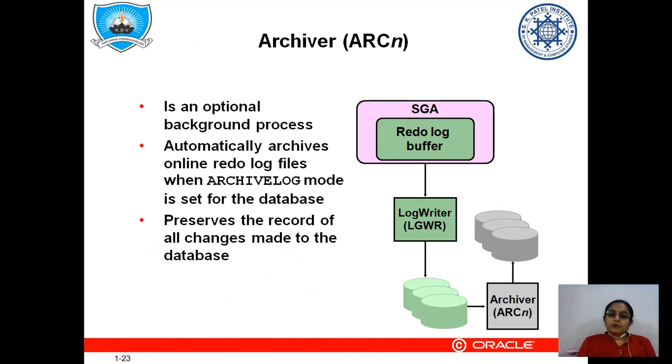As I said, whenever archival log mode is on, the archiver process is activated, and it writes log writer data to other archive log files. So it reads data from the redo log and stores it at another place as well. The reason is that the redo log is going to be overwritten after some period of time. So if we want to keep data for a longer, persistent period of time, we have to keep our database in archive log mode, so that the archiver process can write data to separate files, and database recovery is possible to any point in time.